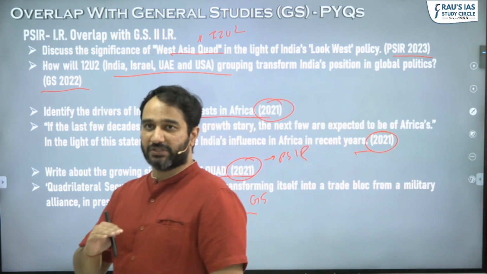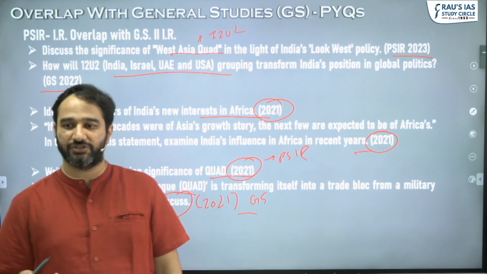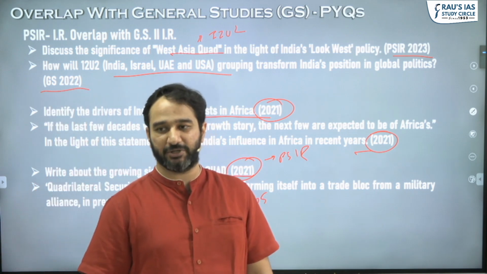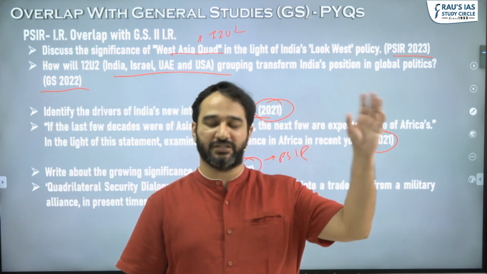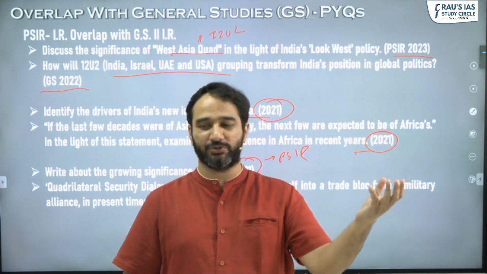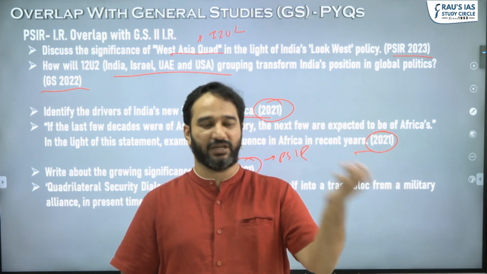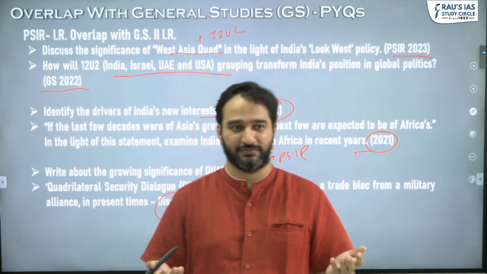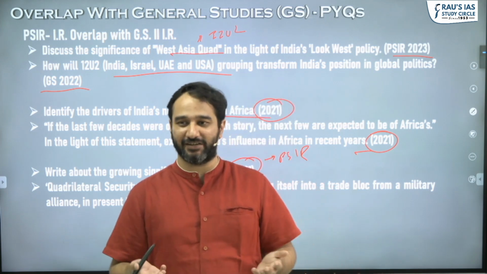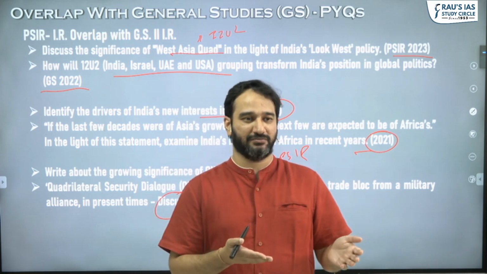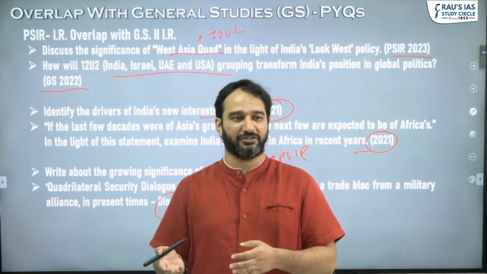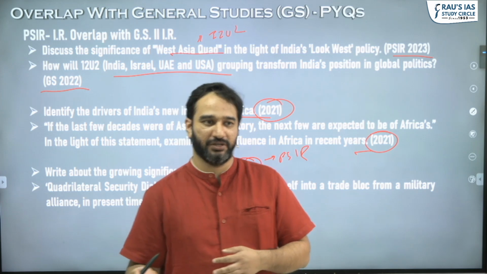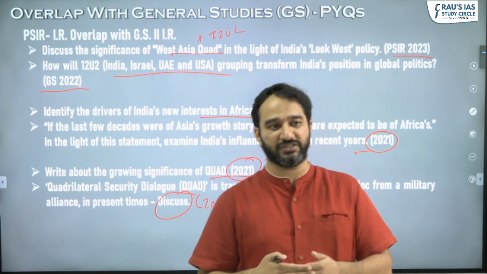The point is when you're asking questions within international relations, it's a dynamic topic. So what happens internationally, it's going to be asked both in GS and in prelims and in PSIR. They really can't make up current events. They have to ask the current events that have happened, which you're anyways preparing. And you're learning it from the Hindu and the Indian Express and from the class notes. So it does become easier. The sources are the same.